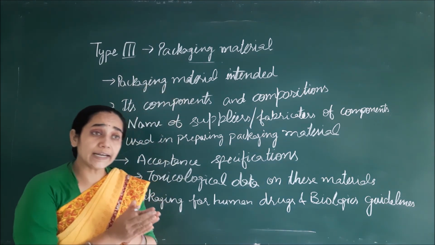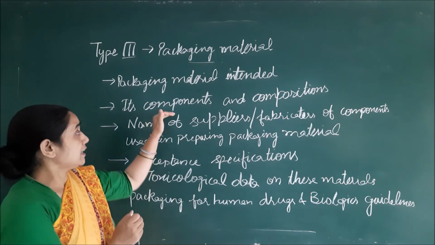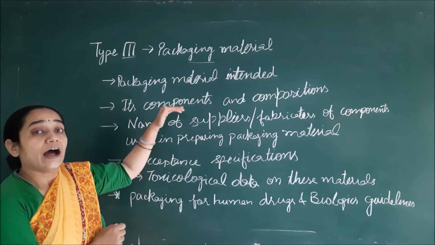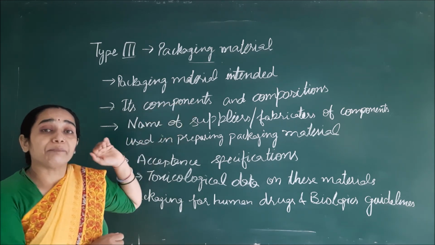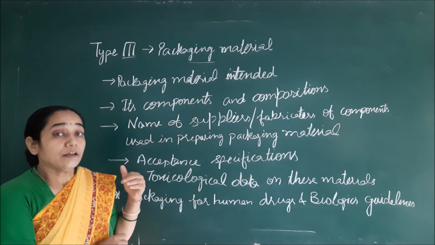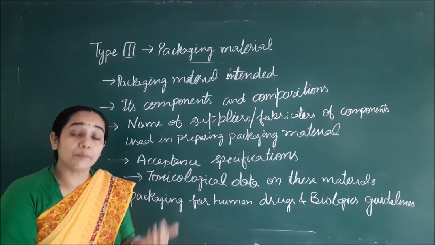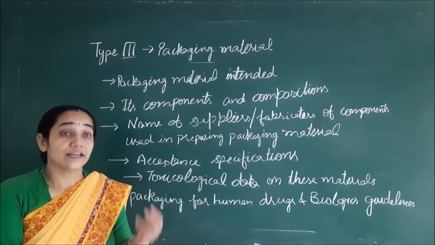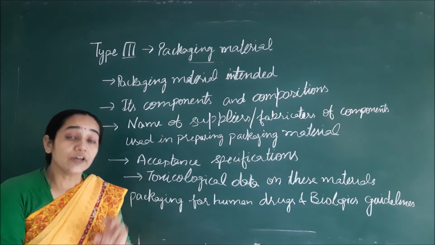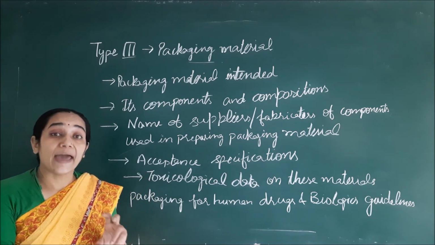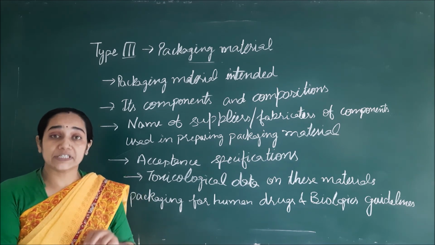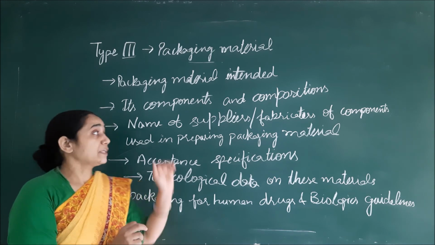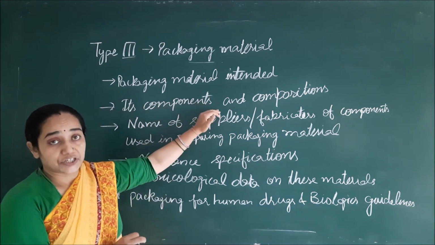So the selection of the packaging material and the different components along with their composition will be explained under this subsection. Depending upon the formulation selected, what is the composition of the different containers, the closures, as well as what will be the composition of a particular kind of pack, either it is a strip pack, blister pack, bottle container or any other container, it will be specified under this subsection.